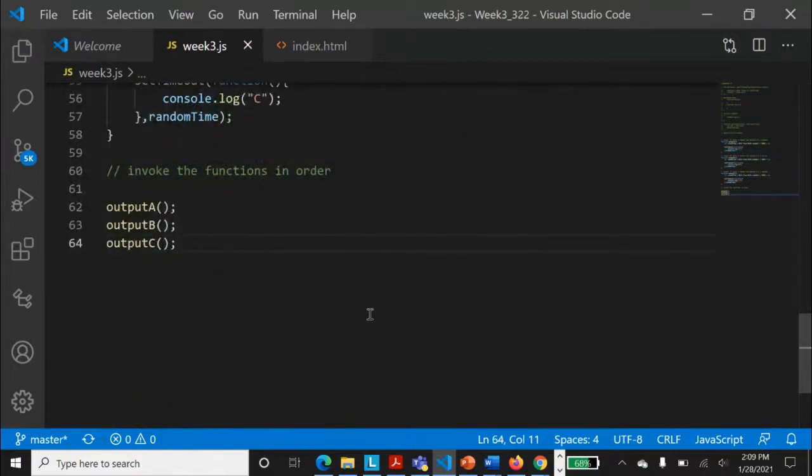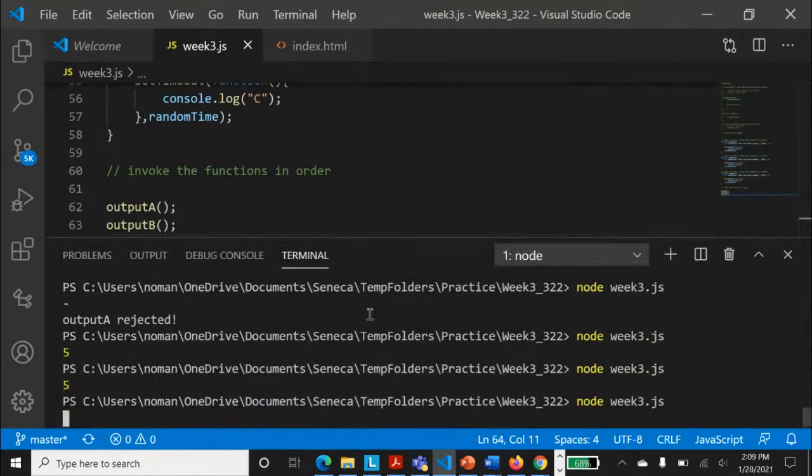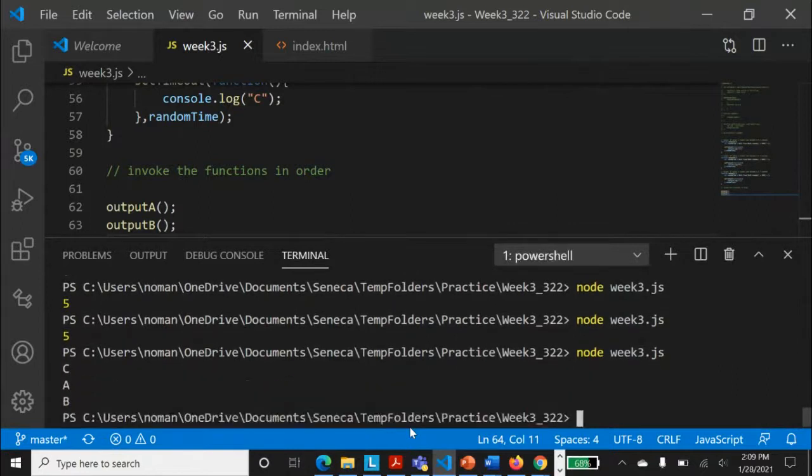Now, if you run this program, you will see a different output. You might see a different output. How many of you see the same output as me, CAB? Or do you have some different output? Would anyone like to tell me what output they are getting? Yes, Saroj, what is the output that you got? With me, it's CAB. It might be ABC with you. It might be BAC with someone else. So do you see the same output, everyone?